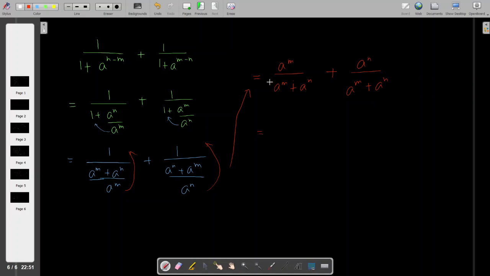Now you see the denominator of both the terms are same, a to the power m plus a to the power n. So if they are same, then no need to multiply anything, just add the numerators. So it is a to the power m plus a to the power n. Just see your numerator and denominator is exactly the same, so you just cancel it. So what you get? 1. So your result is 1, so this is the answer. It is a simple one. It seems to be tough,